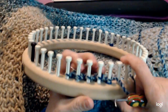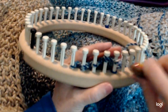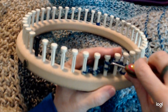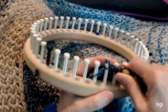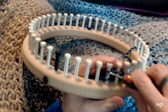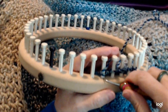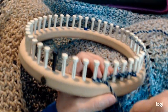Okay, now we're going to go back and do an increase and pick up a stitch. So we owl eye back. Here we're going to be picking up both of these stitches, and we're just going to make sure that that's pretty tight. Come over here, and we're going to be making a new stitch. And pulling it tight, and then we're going to come around